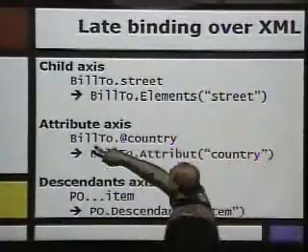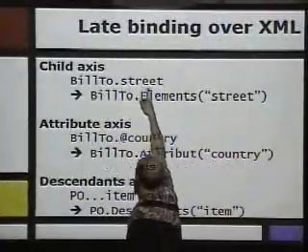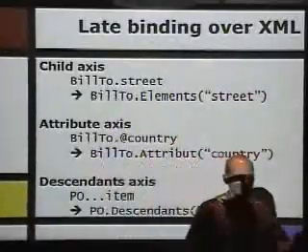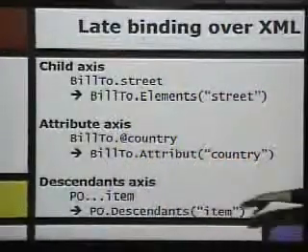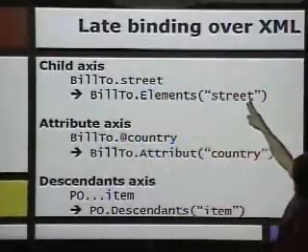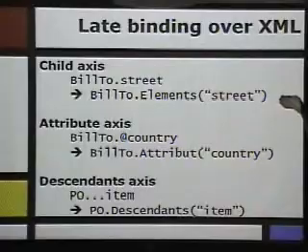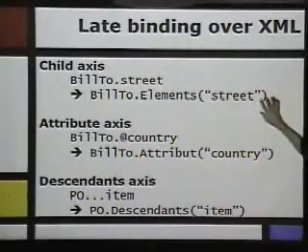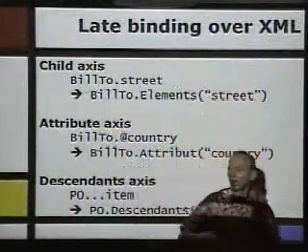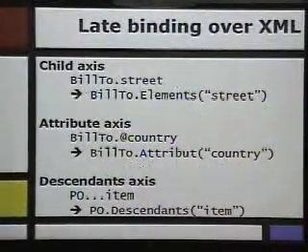So in VB, I can write build2.street, and if build2 is an XML type, like XElement or a collection of XElements, the compiler will use late binding and say, oh, I have to call Elements of street. And this is what you have to write in C#. Still strings. In VB, you just write it as a normal member access.